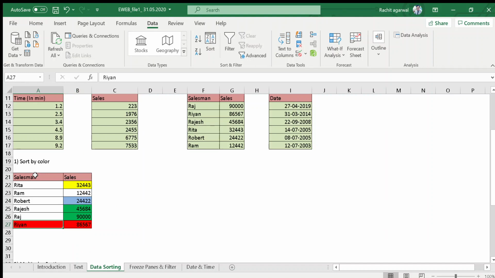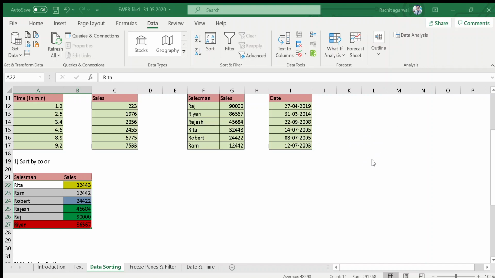Now here I have selected only one color. What about the other colors, or if we have multiple colors in one table? So again select the table, go to the sort, and click on add level. You have already entered the data for the red color, but after the red, on which color do you want to sort? So again for the sales, I select cell color, and red is already done.